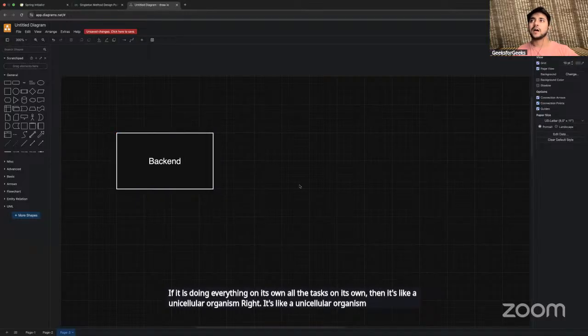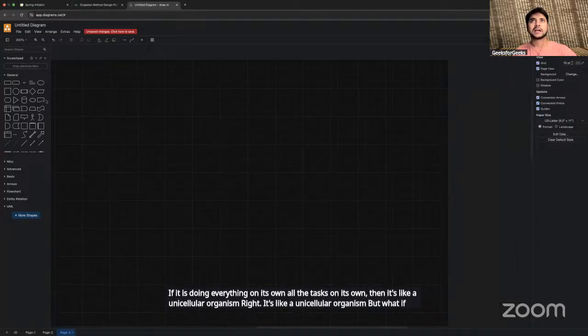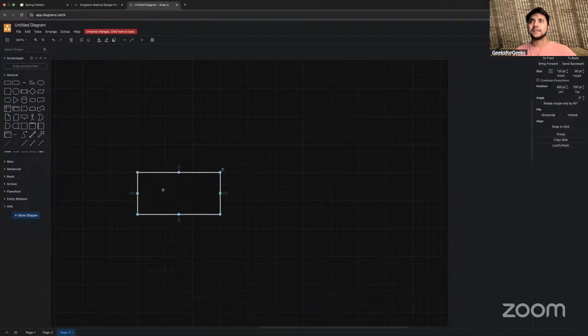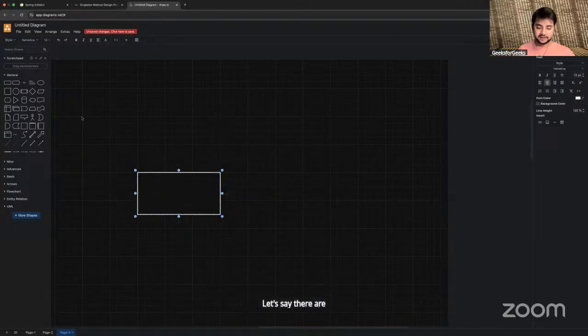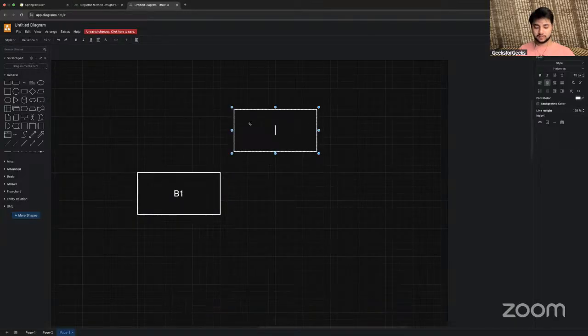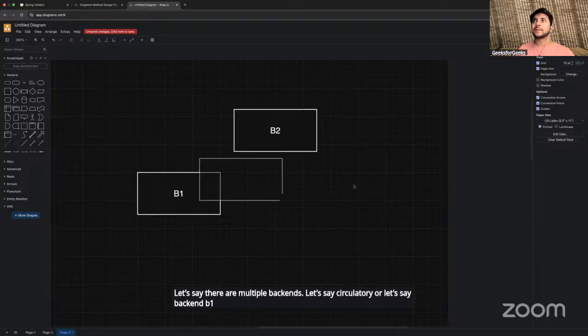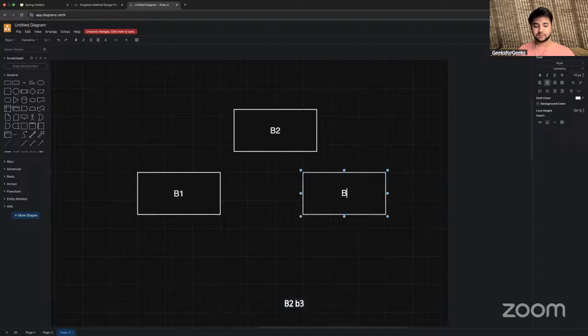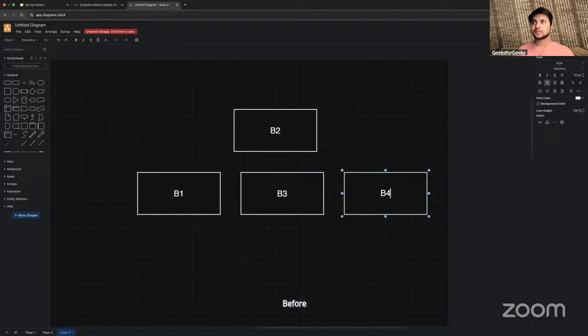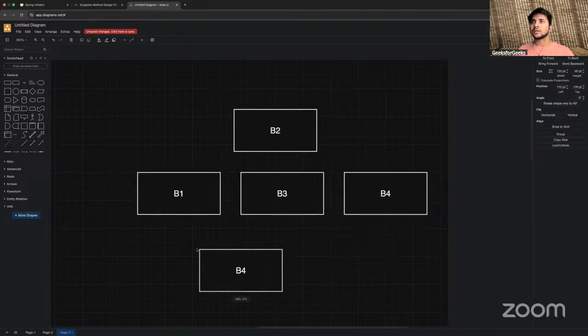But let's take a different example. Let's say there are multiple backends: B1, B2, B3, B4, B5.